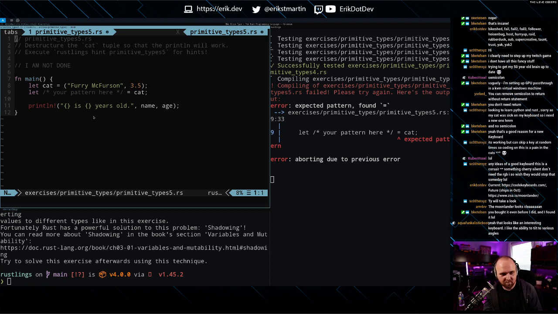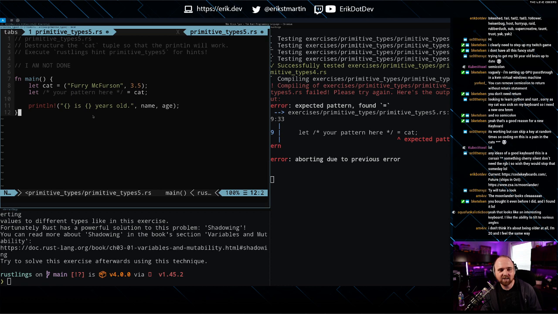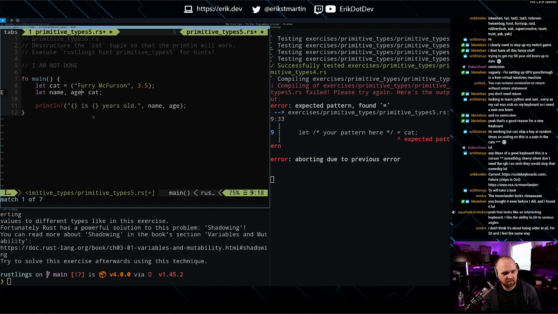All right, expected pattern. What is this? Destructure the cat tuple so that the print line will work. Oh, okay. So we're gonna do... Is it age? This?